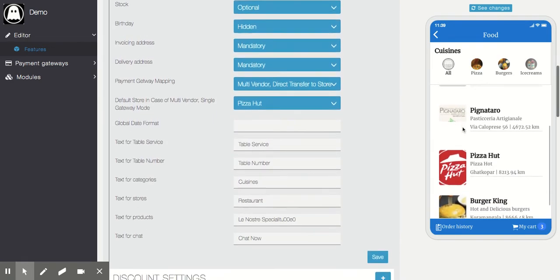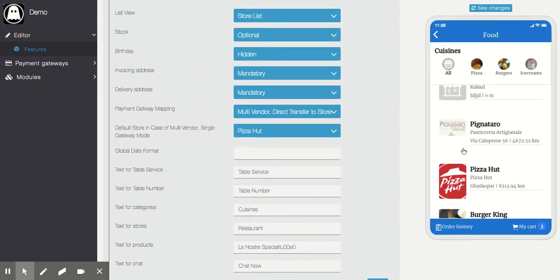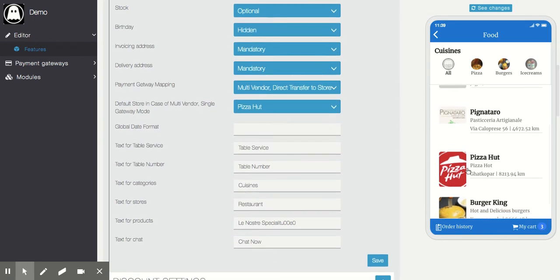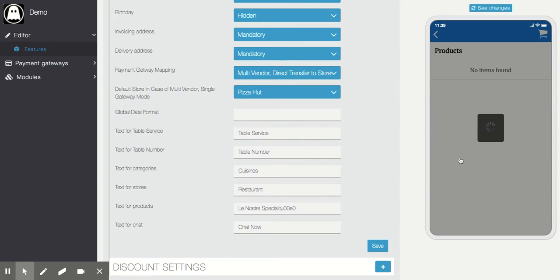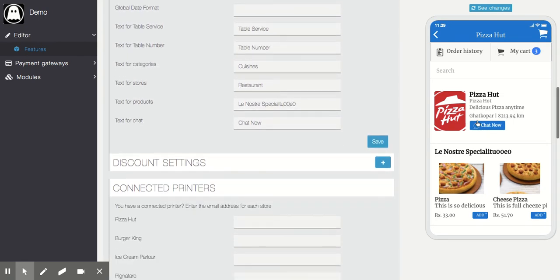First it will show the restaurants, and suppose you don't have multiple stores and just want a single setup. If you have a single restaurant on your Commerce Pro module, it will automatically take you to the restaurant page. It will not show you the first page that I showed. It will always show this restaurant page, so the user will never come to know that there is a multiple store setup. This is just a single store.